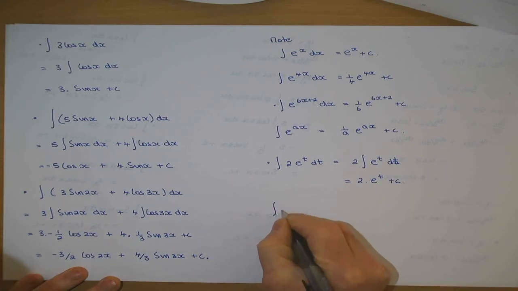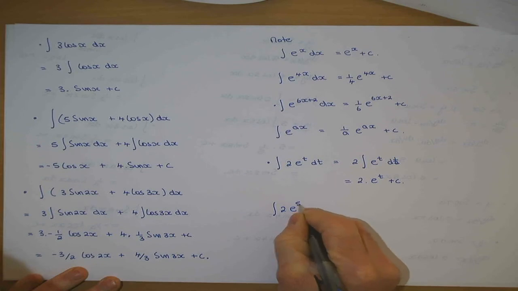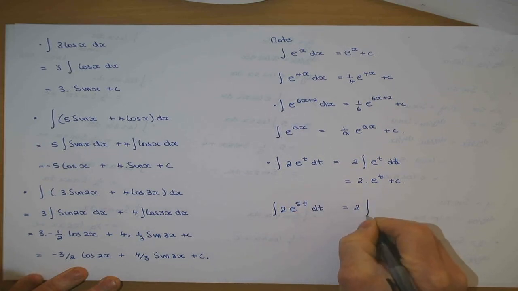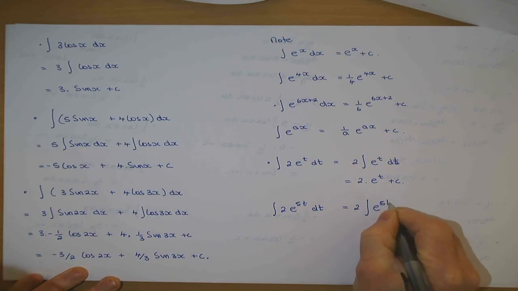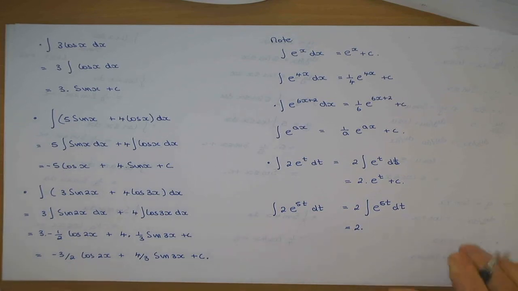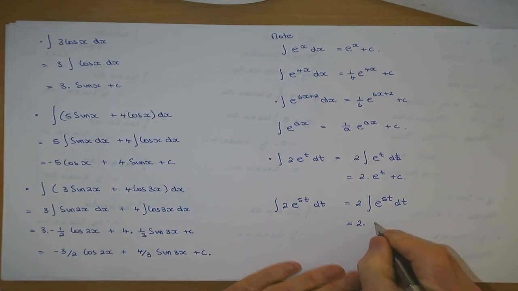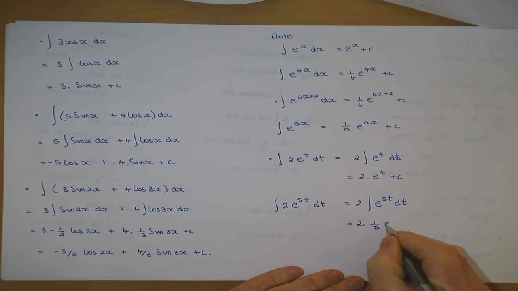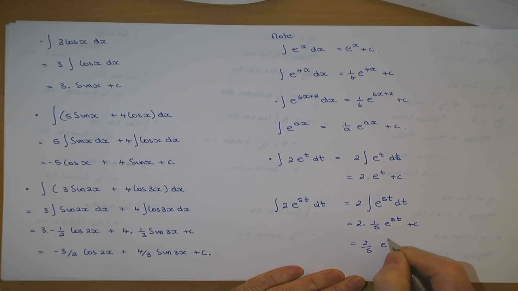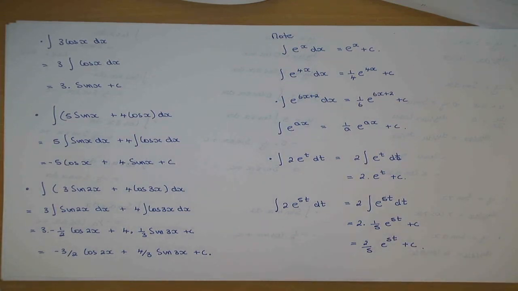But if I asked you to integrate twice e to the 5t dt, you'd say it's twice the integral of e to the 5t dt, which is twice 1/5 e to the 5t plus c, which is 2/5 e to the 5t plus c. So in all of that, I've been